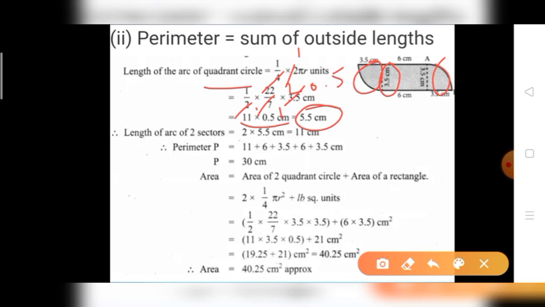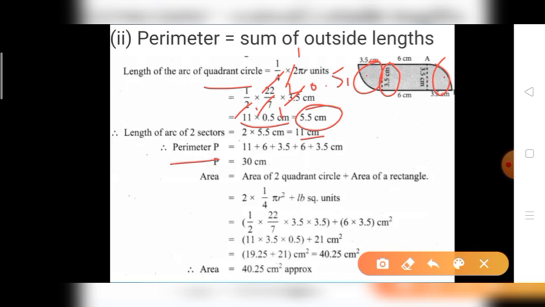The next one: the length of the arc of two sectors. One sector has a value of 5.5 centimeters, so two sectors equal 2 into 5.5 centimeters, which equals 11 centimeters. Therefore the perimeter is equal to